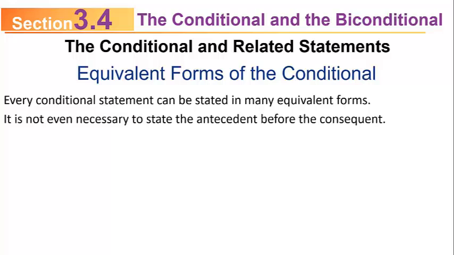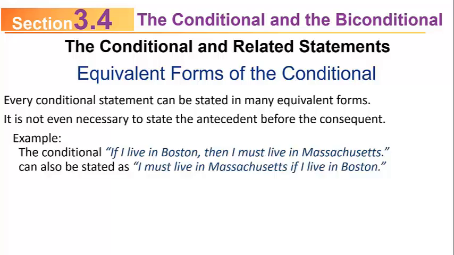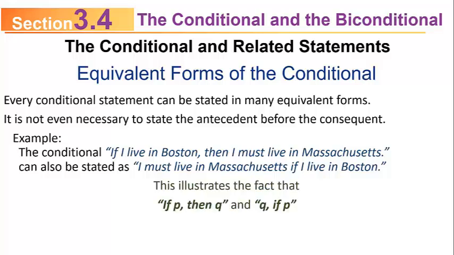It's not even necessary to state the antecedent before the consequent. In other words, the if part before the then part. For example, the conditional, if I live in Boston, then I must live in Massachusetts, can also be stated as, I must live in Massachusetts if I live in Boston. That's a perfectly equivalent way of stating that conditional. This illustrates the fact that if P, then Q, and Q if P are equivalent ways of writing the same